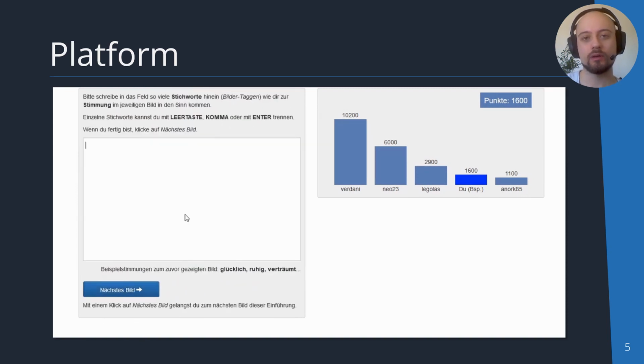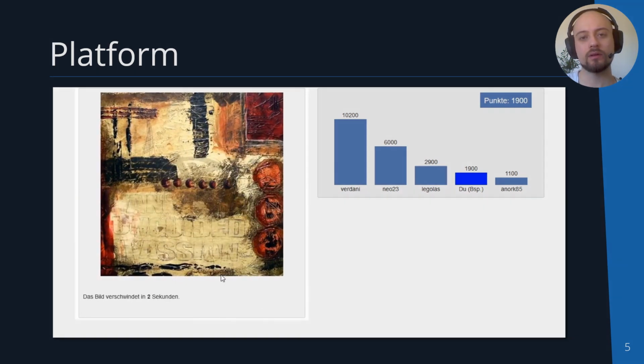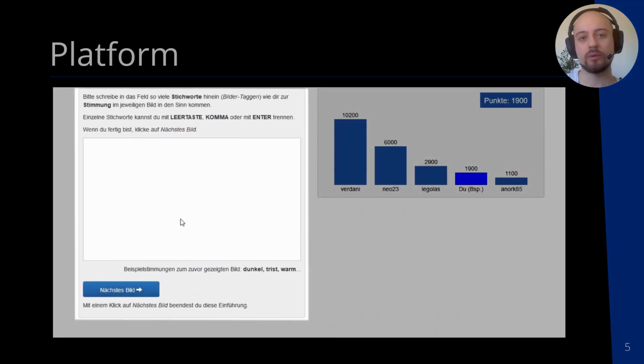We decided to re-implement it because this allowed us to modularly implement new concepts and to integrate them into the platform, which was necessary given that we expected so many diverse concepts. Now, as you can see on the left-hand side, here people were able to see the images for a few seconds and afterwards to enter text that came to their mind, and on the right-hand side they were able to